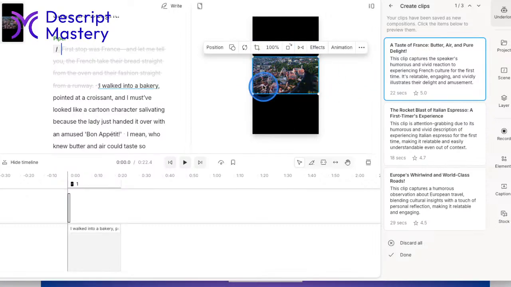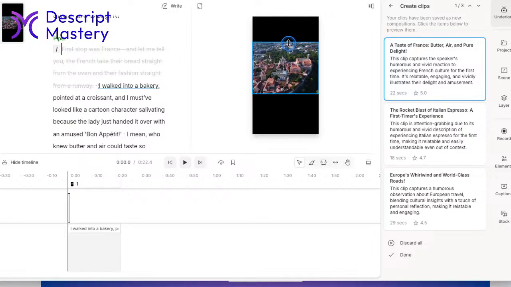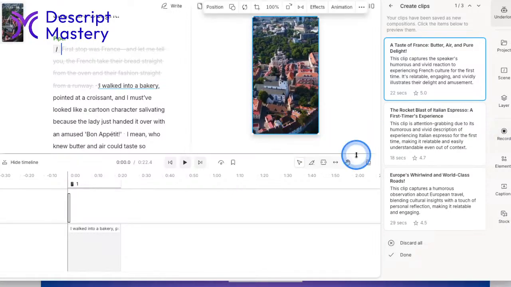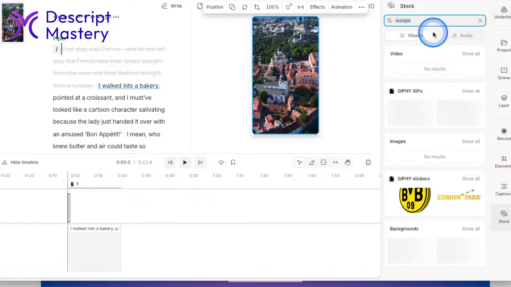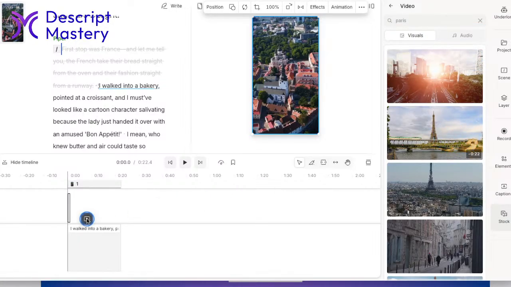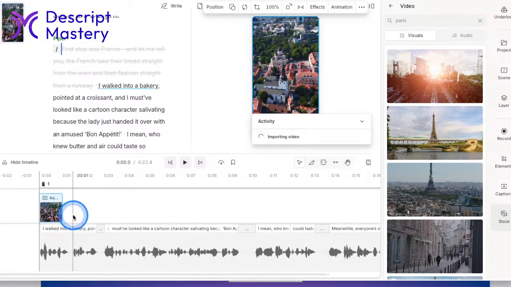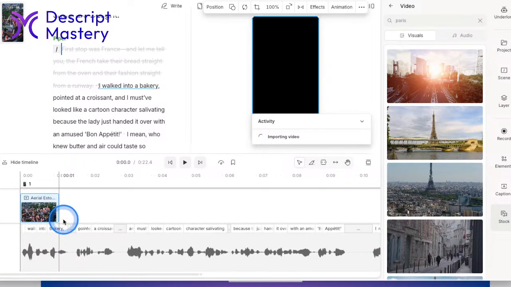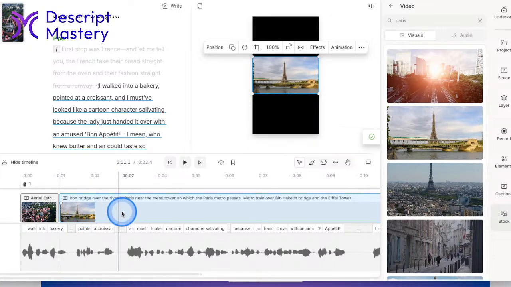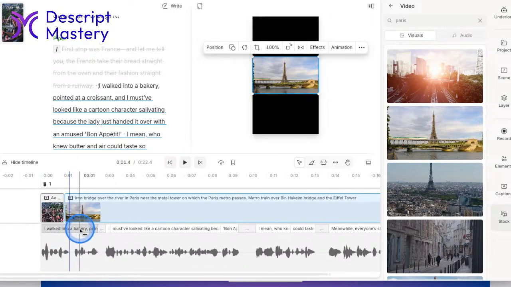So you can select your image and you can grab the blue edges and just drag it up like so. And let me put in some more stock stuff. Let me go to stock, let's say Paris, and there's an Eiffel Tower. Let's put that in there. To zoom in on your timeline, you can hold Command on a Mac keyboard while scrolling up, like using a scroll wheel on a computer, or Control on a Windows. And that's how I was zooming in and out on my timeline, like so.